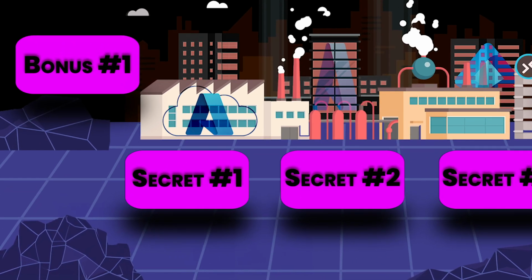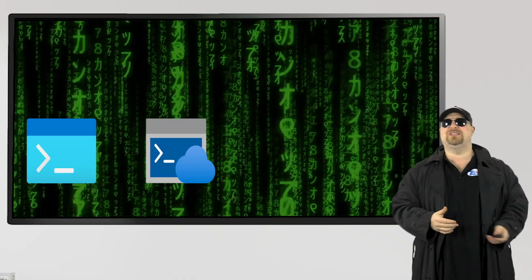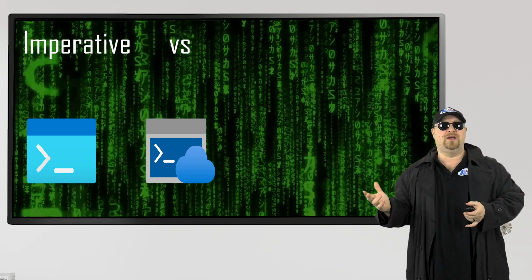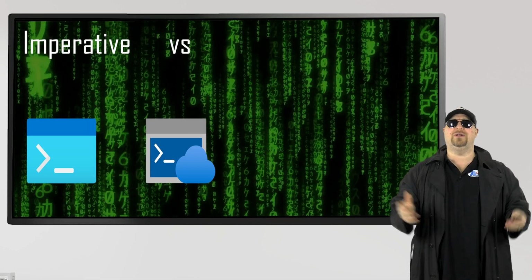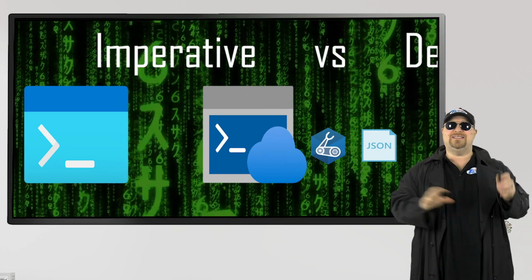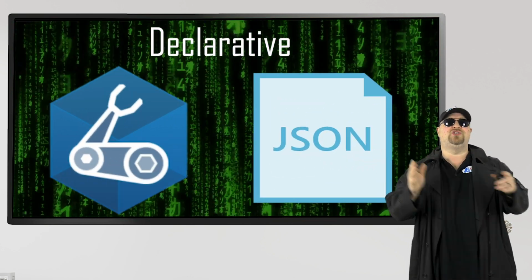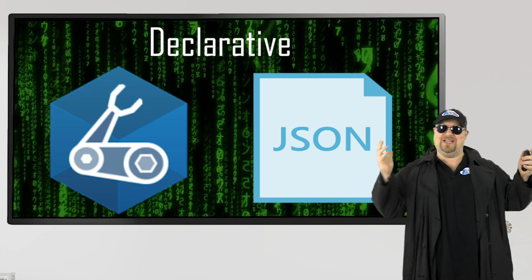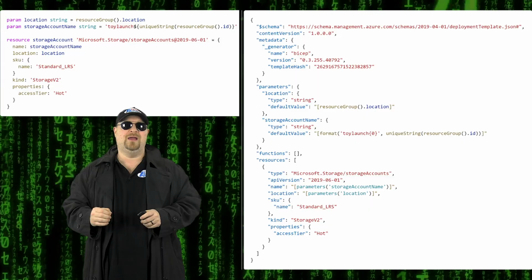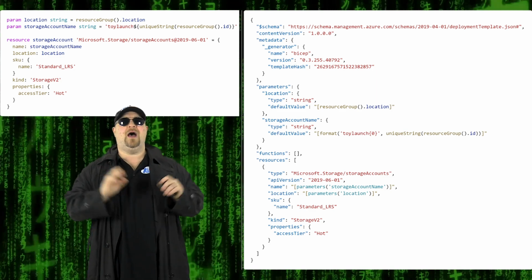Now, the first secret here is choosing the right code. Your cloud resources can be written in PowerShell or Azure CLI, but those are much better for managing existing resources. To deploy resources, you should really learn ARM and Bicep. With those languages, you don't have to say every detail step by step and make all the connections yourself. You just write what you want and Azure will translate your vision into reality. And Bicep in particular is even easier to learn. It's simpler to write, it's modular, it's easier to read, making reusability a breeze.